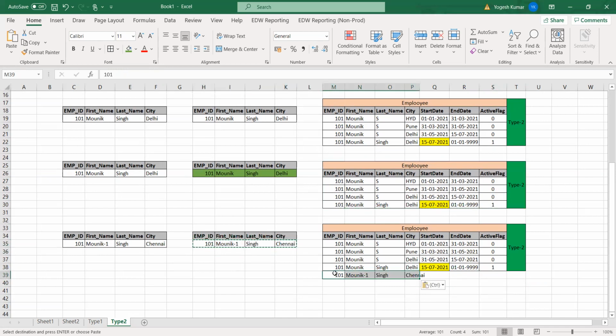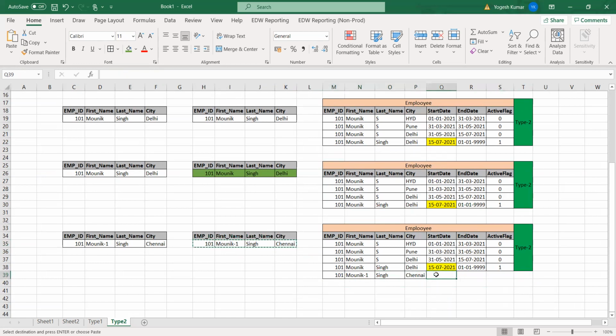So it does not matter how many columns have a change. Let's say it was added on 10th of August. So this will become the end date of the previous, and the previous record will be deactive and the current will be active, right? And here the end date would be some future date. Let me copy from the above record. All clear?